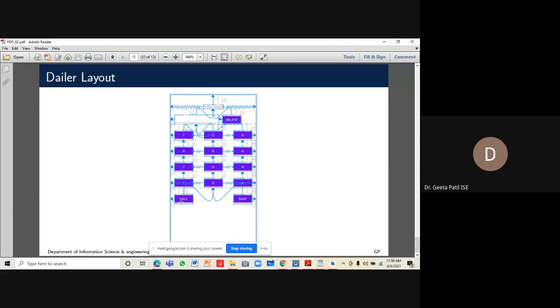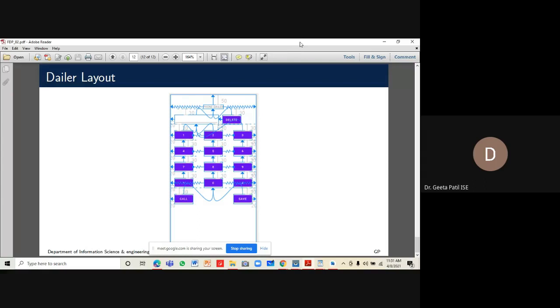And then there is a call button. When we press call, the number in this text view will be called, and with the save button we are saving the contact in our mobile. So this is what this application should do, and this is the design layout for it.